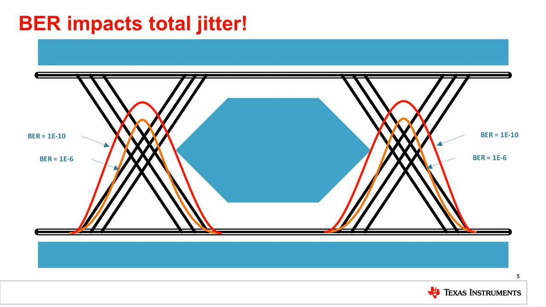Due to the unbounded nature of RJ, caused by thermal or shot noise and other unbounded sources, the impact of RJ depends on sample size. This causes the peak-to-peak value to grow without bound over time. Taking this into account, TJ will continue to grow as more and more data is included in the measurement. You can see a simplified TJ PDF example above. Now you may ask, why does total jitter matter in this discussion on bathtub curves? Shortly, you will see an example of the impact total jitter has on the bathtub curves themselves.